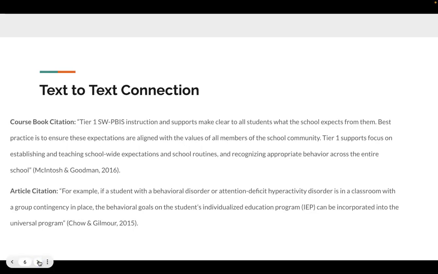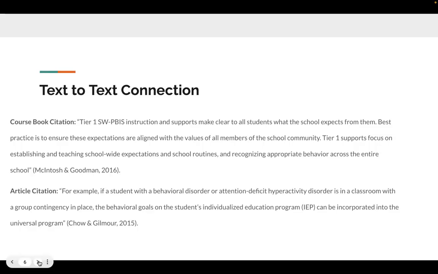For my text-to-text connection, I was able to get these two citations out of both the course book and the article and the way that they relate. My course book citation being this: Tier 1 SWPBIS instruction and supports make clear to all students what the school expects from them. Best practice is to ensure these expectations are aligned with values of all members of the school community. Tier 1 supports focus on establishing and teaching school-wide expectations and school routines and recognizing appropriate behavior across the